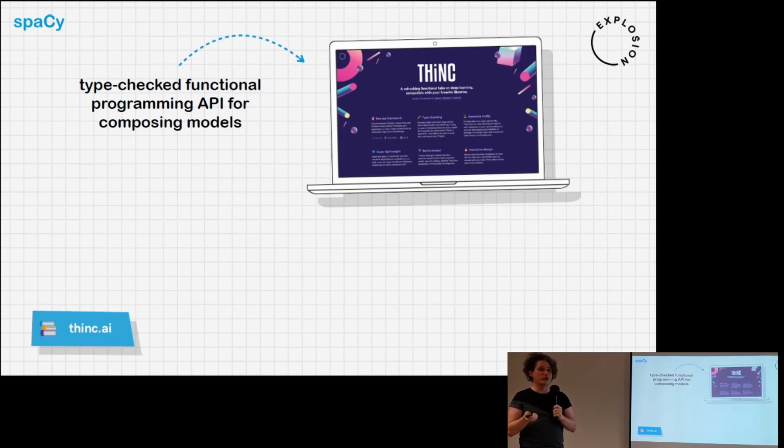And some of the features that we're particularly excited about is, in addition to the configuration, that we're able to make use of type checking and new type annotations in Python for this, and also functional programming idioms, which I think give a pretty neat way to work with these models.